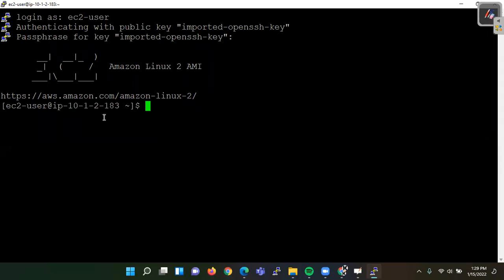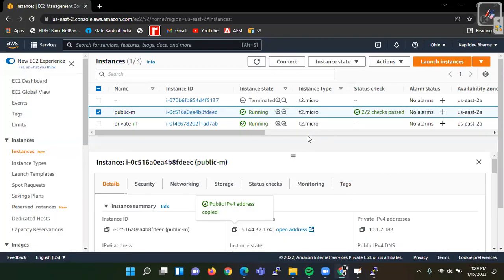Now since we have ICMP, we can get information from the private subnet. Let us check whether this is possible or not. I think I have attached the internet gateway; that's why we are able to SSH into this instance.